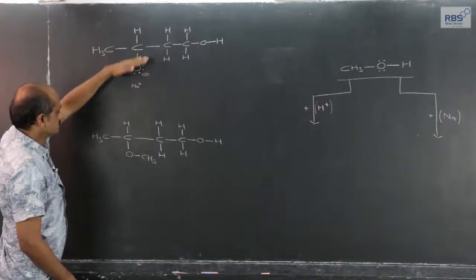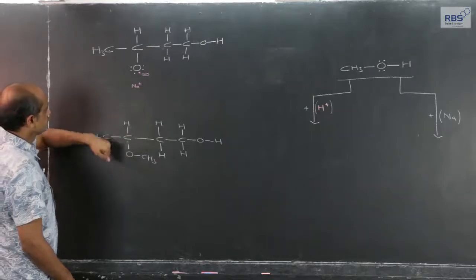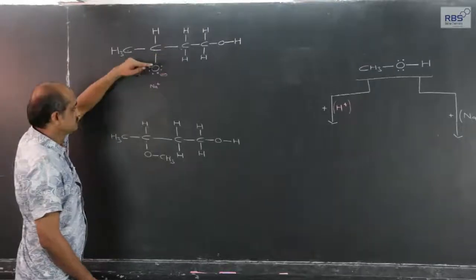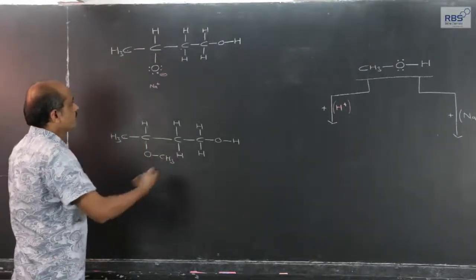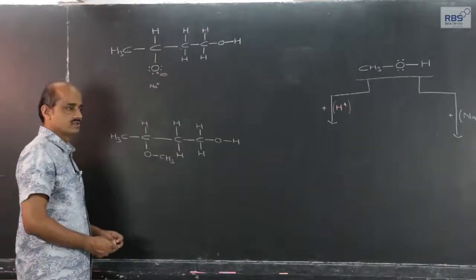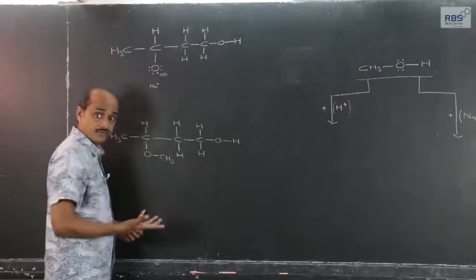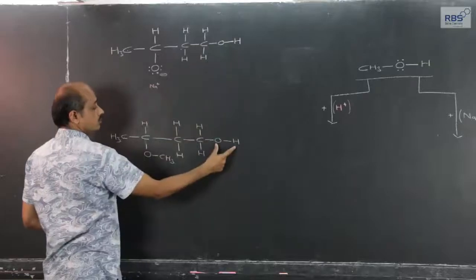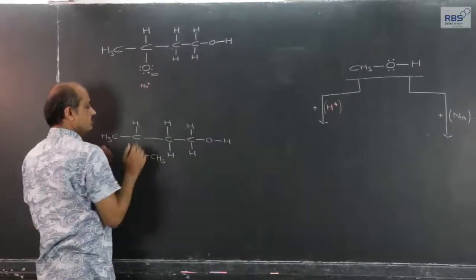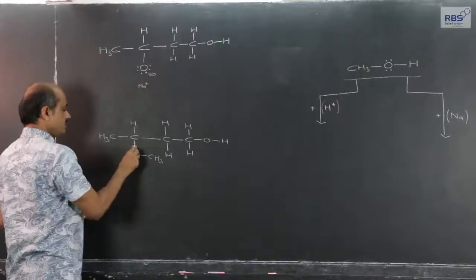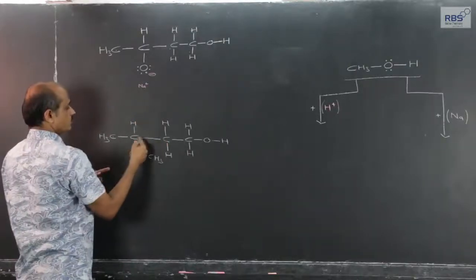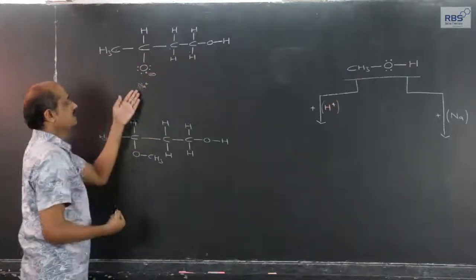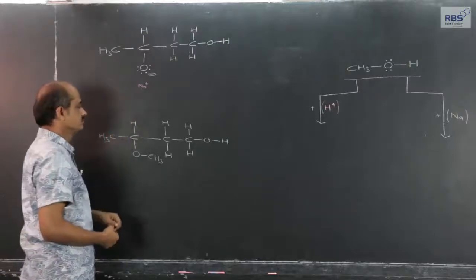This is the methoxy group, and this is the alkoxide ion. Up till now we have considered various examples, even an example of alcohol. This is the alcoholic OH group. An OH group attached to an aliphatic carbon is alcohol, and in this alcohol some other groups are also present. Here it is the methoxy group on the third carbon, 1, 2, 3. On the third carbon it is the alkoxide ion functional group.